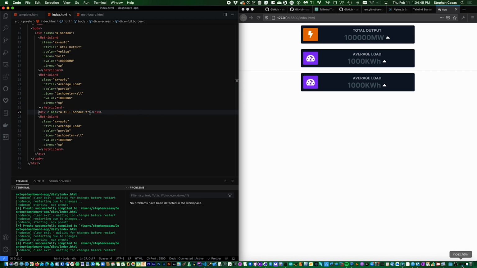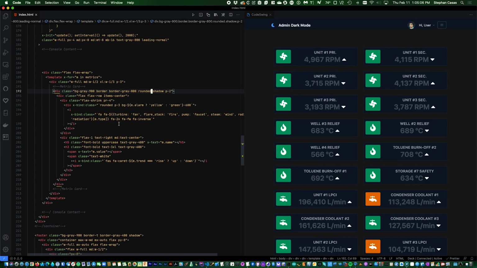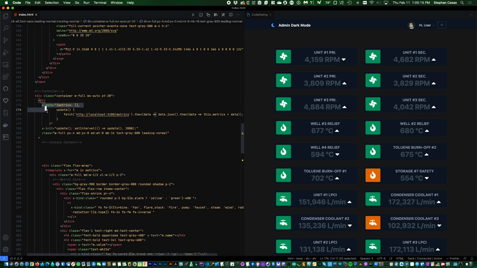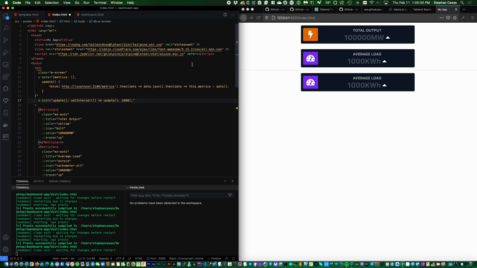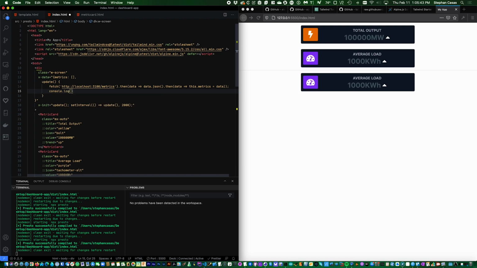So if we take a look back at the code swing we had earlier, then we can see how we expressed our data using Alpine and our different attributes here. Xbind, Xtext, so on and so forth. Let's grab our Xdata and Xinit so that we can recycle that without having to type a whole lot more. So if I come up here and I want to attach that, we'll just do it on the div here and paste that in. And we've already pulled in Alpine, so we should be good to go. Just for the sake of doing things, I'm going to add a console.log, this.metrics